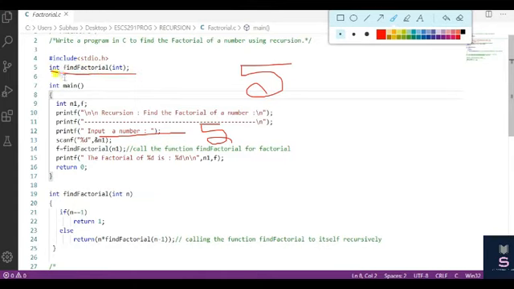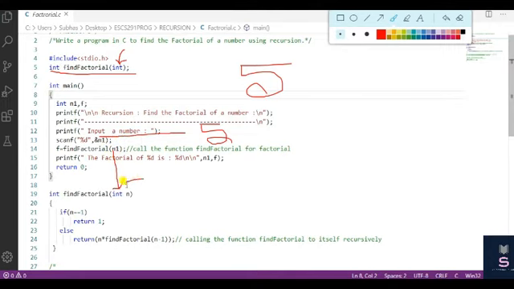You already know that when we declare the function prototype, we just mention the return type of the function. Here the return type of the function is integer, then the name of the function, and what kind of argument we are going to pass to this function will be put here. So here 5. When calling this function, I am passing the value n1 equal to 5. That value is taken from the keyboard.